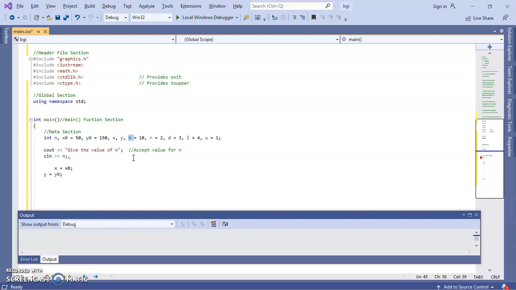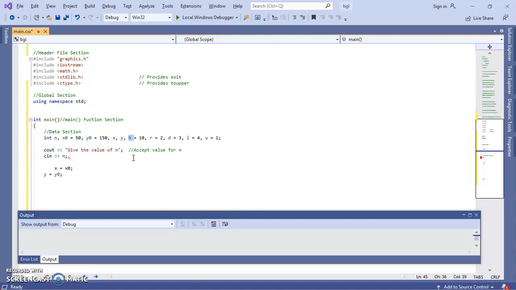So u indicates the up direction, and we assign the value 1. Down is indicated by the d variable, and we assign the value 3. R indicates the right direction, and we assign the value 2, and L indicates the left direction, and we assign the value 4. So we assign this many variables.